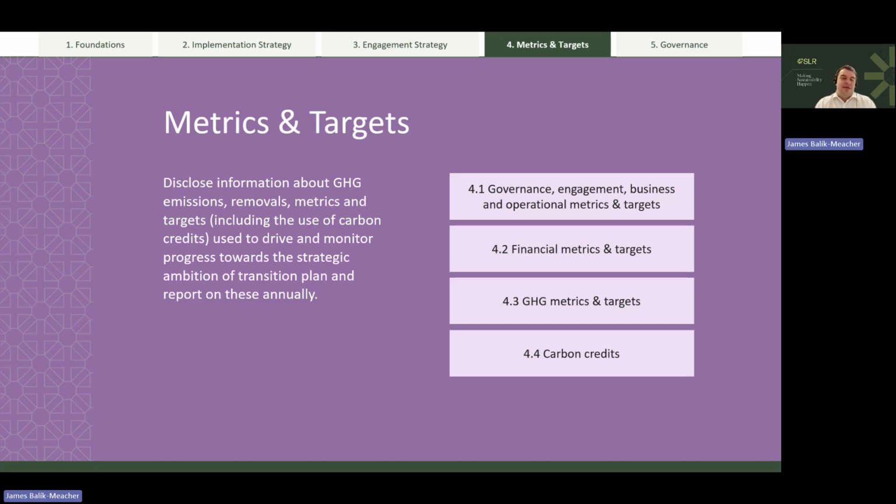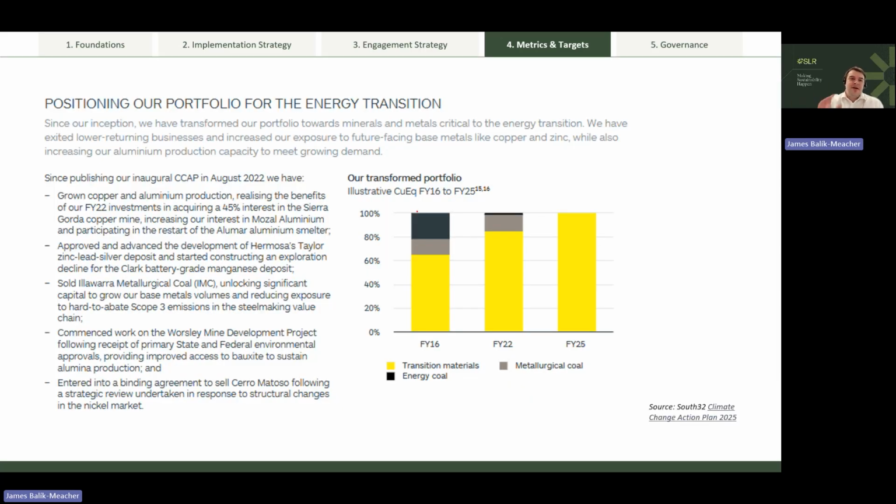I think the piece that often gets missed within here, which I actually think is in some ways more important than those decarbonisation targets, is the broader business targets and metrics that you want to be tracking. So thinking about governance, engagement or operational targets that you can set that are needed to enable that transition, the financial piece around how you're funding this, or return on investment that you expect or want to track on different parts of this transition. So there's quite a few different things that can sit within here. You've probably seen lots of examples of what those GHG targets can look like. So I wanted to show you something a little bit different here.